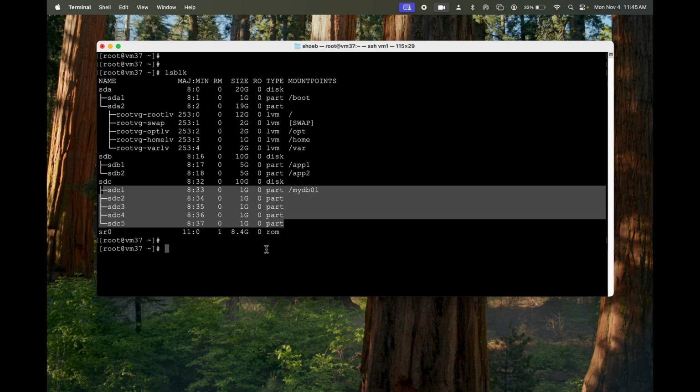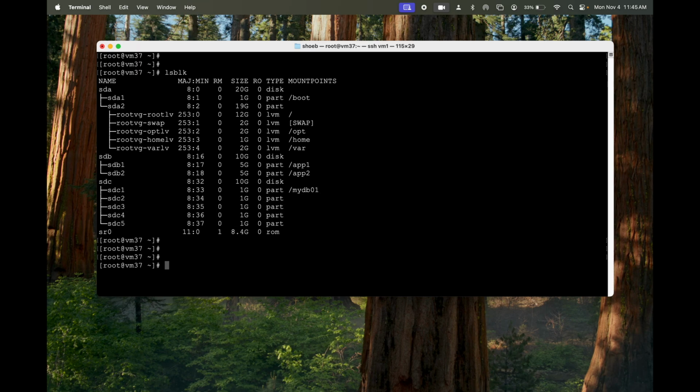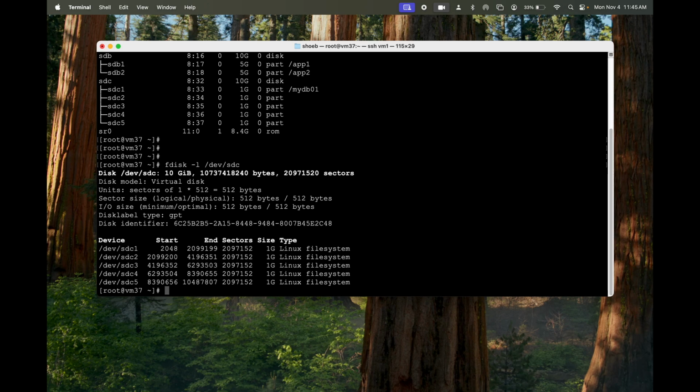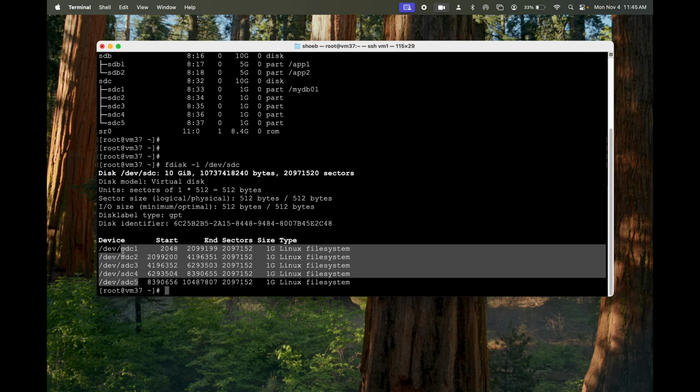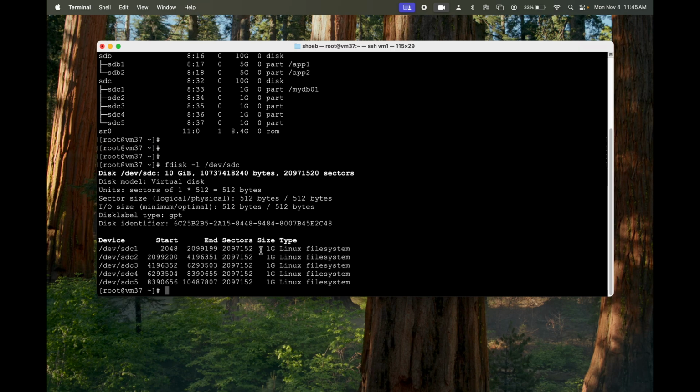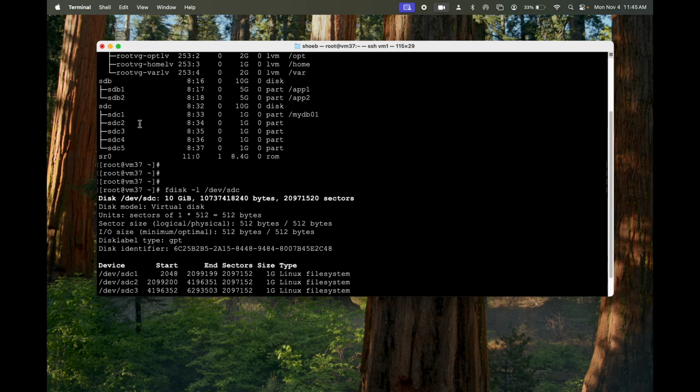with these. Another command I'm going to run is fdisk -l on /dev/SDC, and it shows that it's a GPT type disk label, which allows us to create up to 120 some partitions, and we have created 5 of them. Okay, and if I go up, I see that SDC1 is in use, so I'm going to use from SDC2